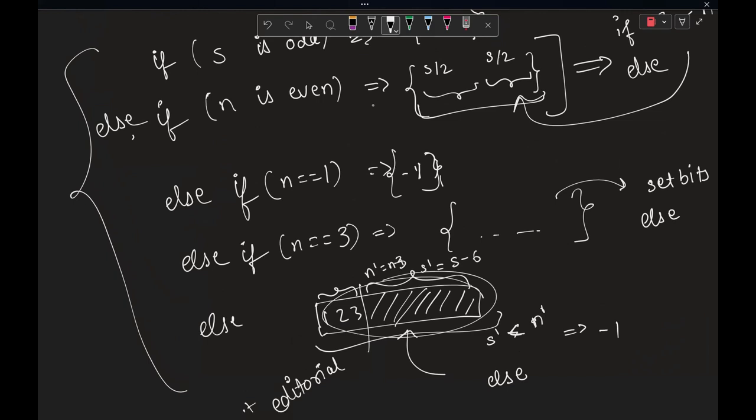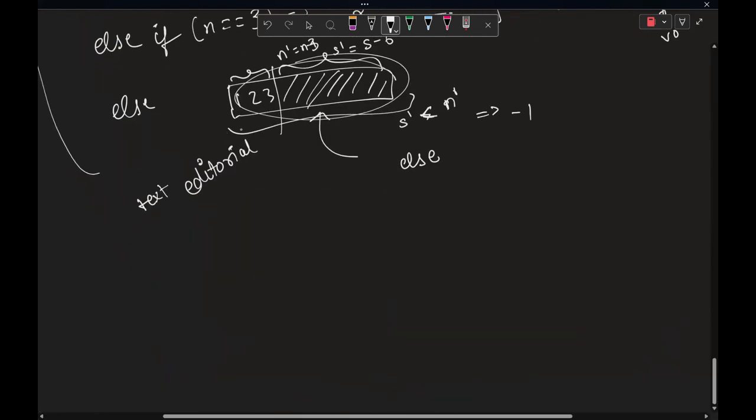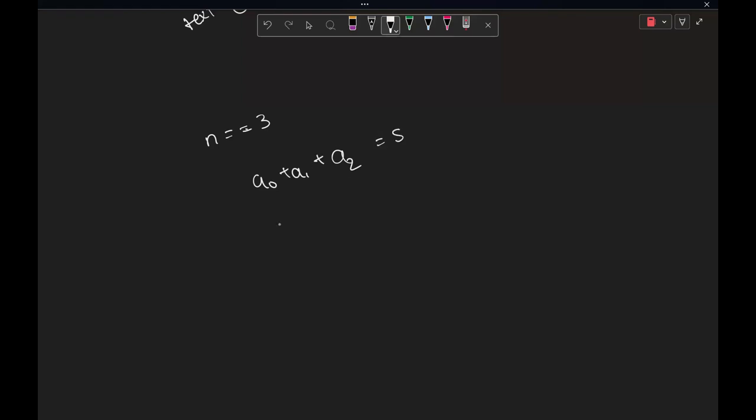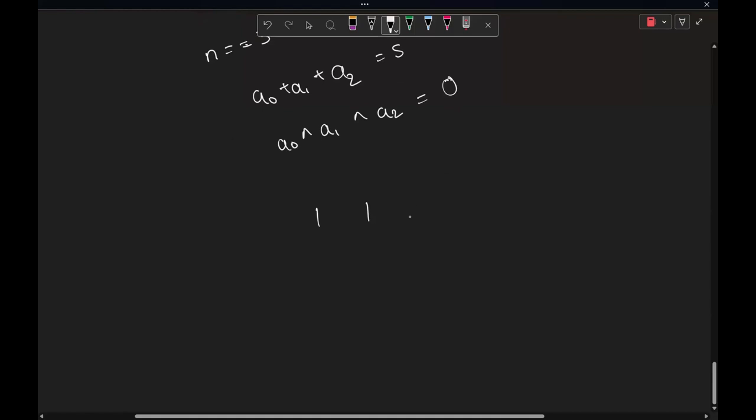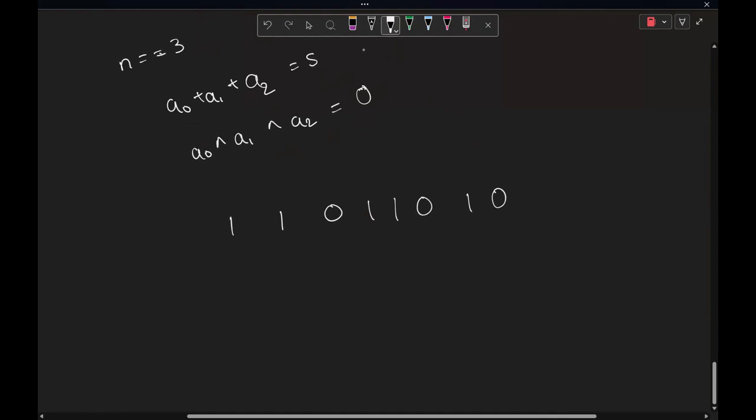Can you just explain the n equal to 3 part of getting numbers? Okay. So for the n equal to 3 part, you want to have a0, a1, a2, three numbers whose sum is equal to S and their XOR being equal to 0. I'm just taking a random number for now, and since you want the sum of these numbers to be equal to S,